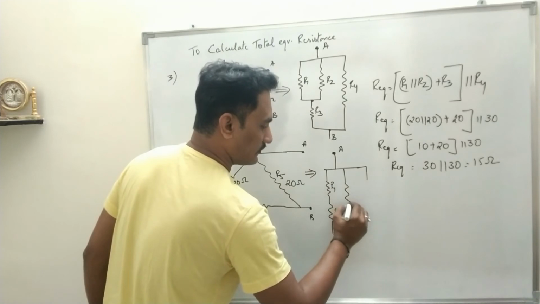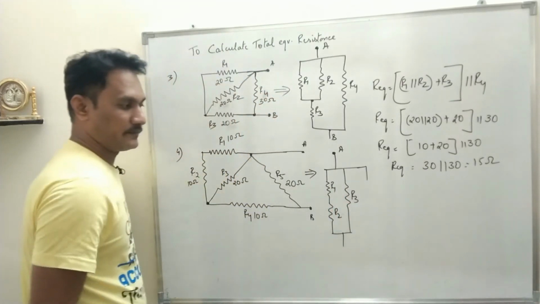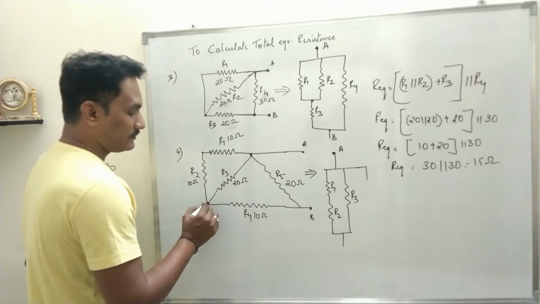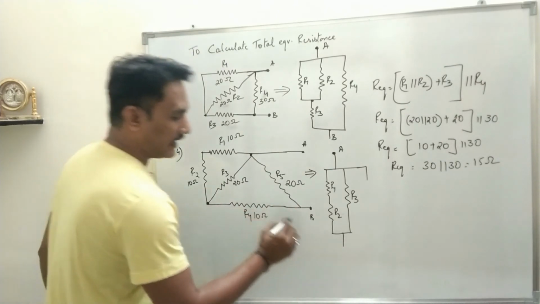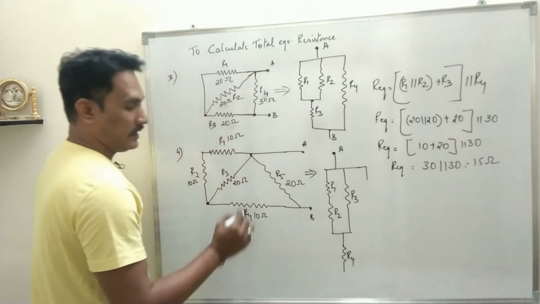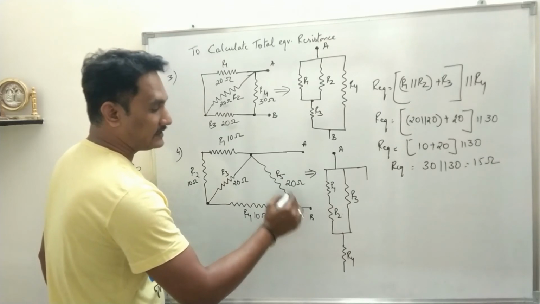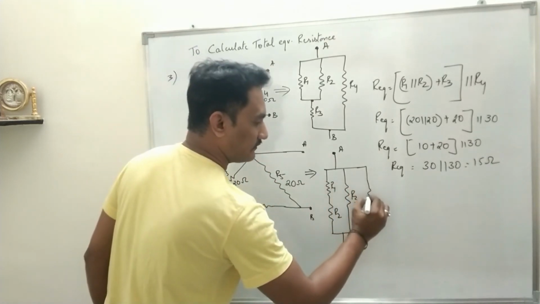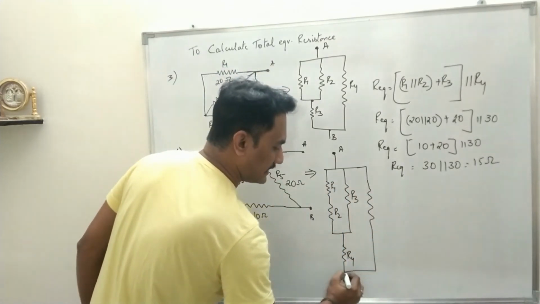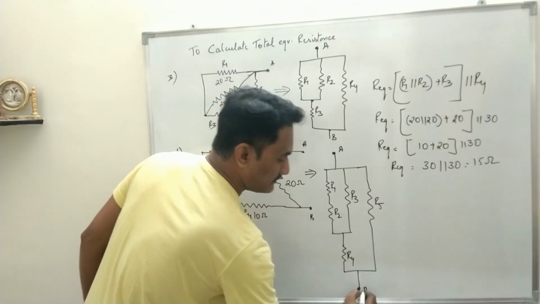So starting from A, you have to combine this point, and from this point when you go towards B you have R4. So you draw R4 here, and the point at which R4 ends, R5 also ends, starting from A. So starting from A, R5 also ends at that point, and this point is B.